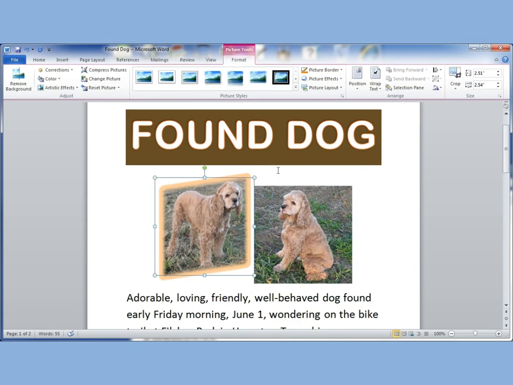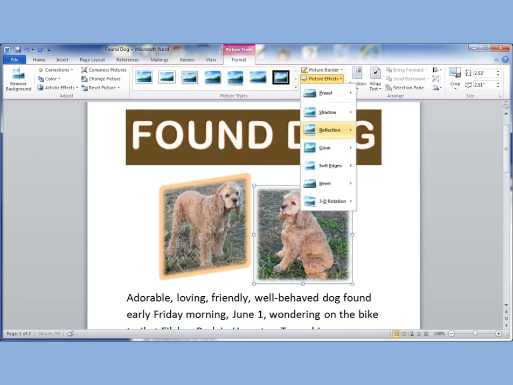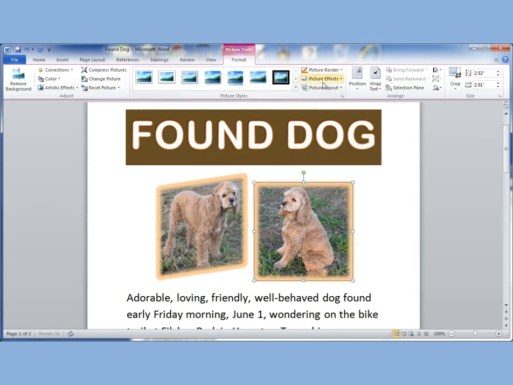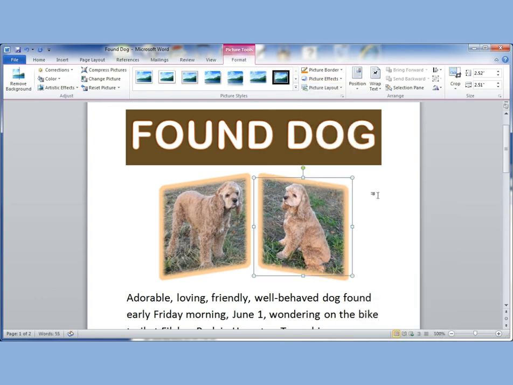Okay. And now it talks about that we can apply that style to another one. I'm just going to go through and click it because it happens to be just as quick as the other. So I'm going to click down here. Whoops. There. Picture effects, glow. This one. And then picture effects, 3D rotation. And then we'll select one that goes the other way. So it's going to be this one. And so now it sort of looks like the picture in the book, the picture that's on page